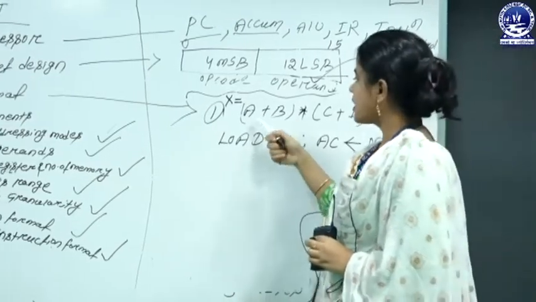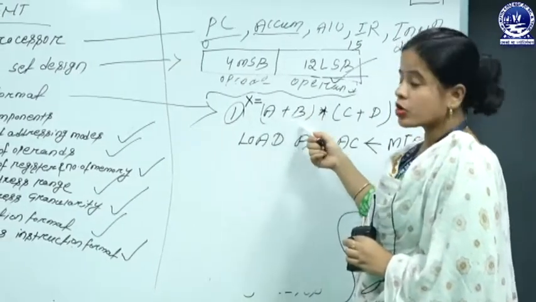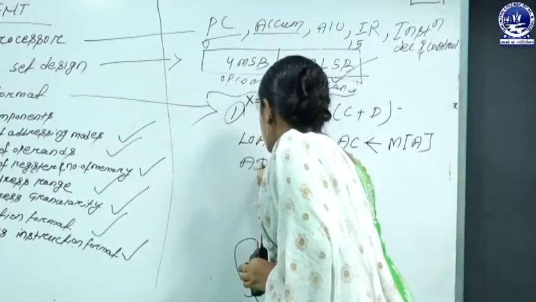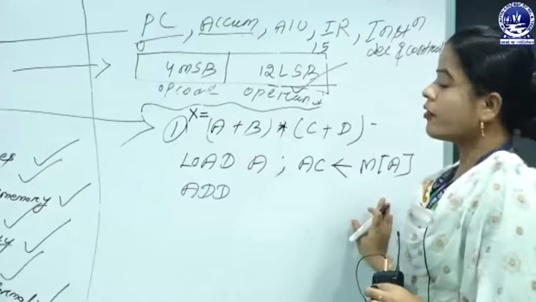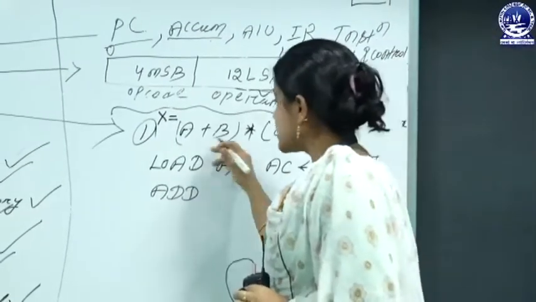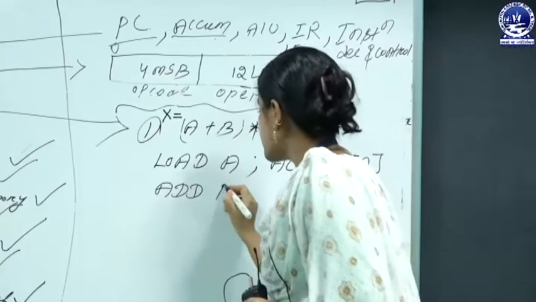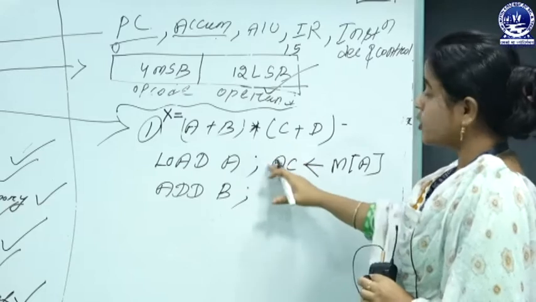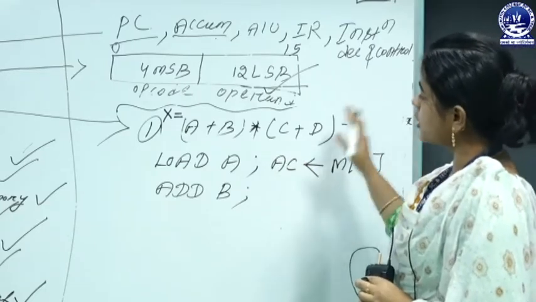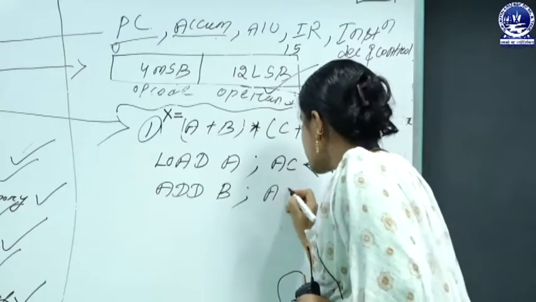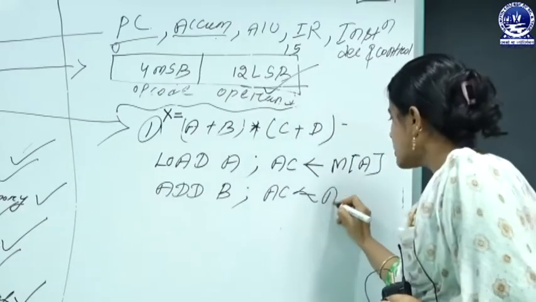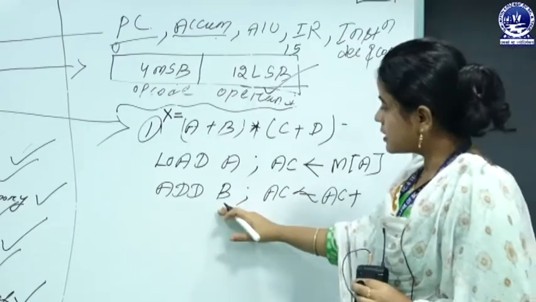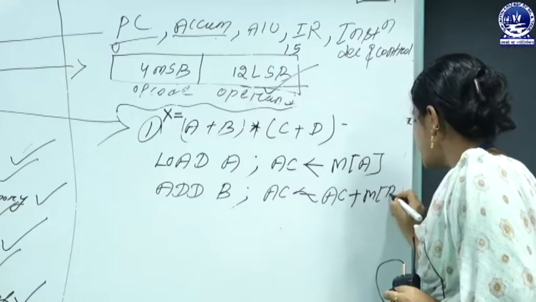Okay. After that the plus sign arrives. That means the opcode arrives, so you have to perform the addition. In assembly code, the plus symbol is represented as add. Add with the second operand, that means here the second operand is B. When the addition is performed using two operands, the resultant outcome is stored in the accumulator. So the meaning is accumulator equals the previous accumulator value, that's M of A, plus the other memory value, that's M of B.